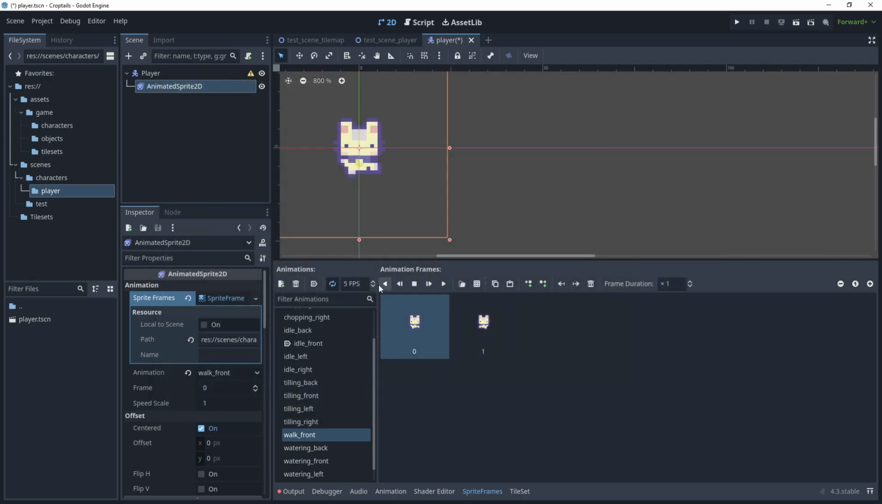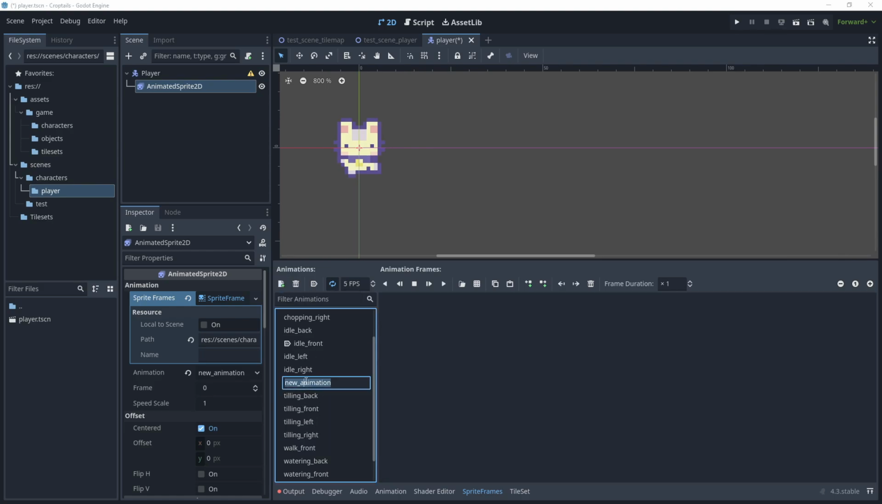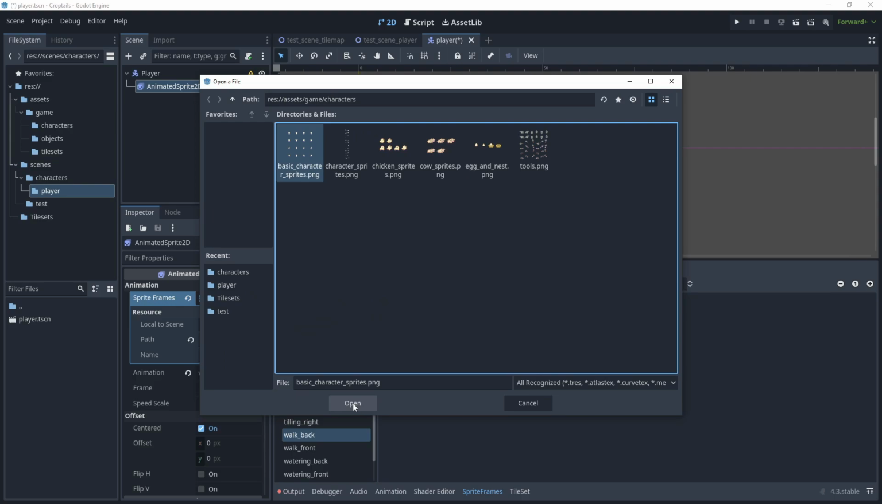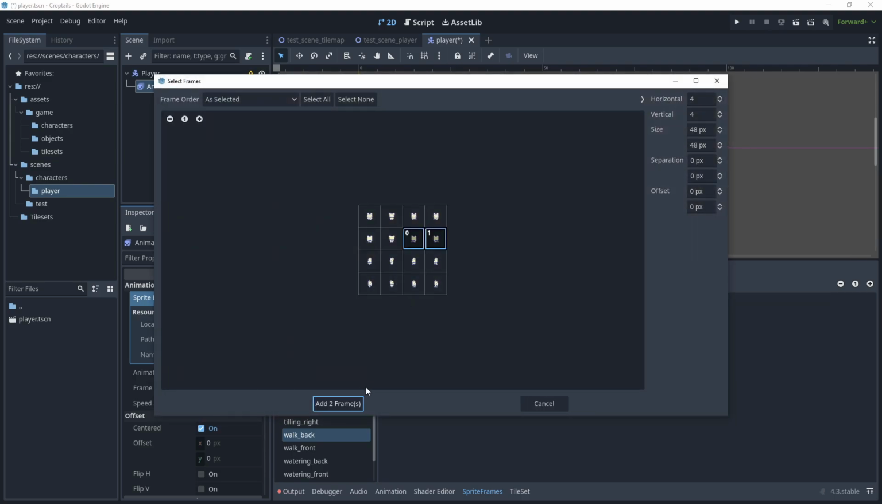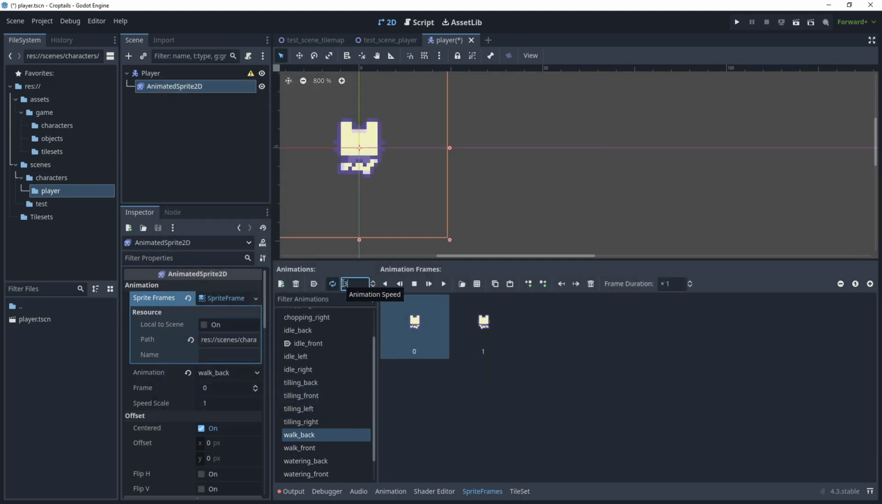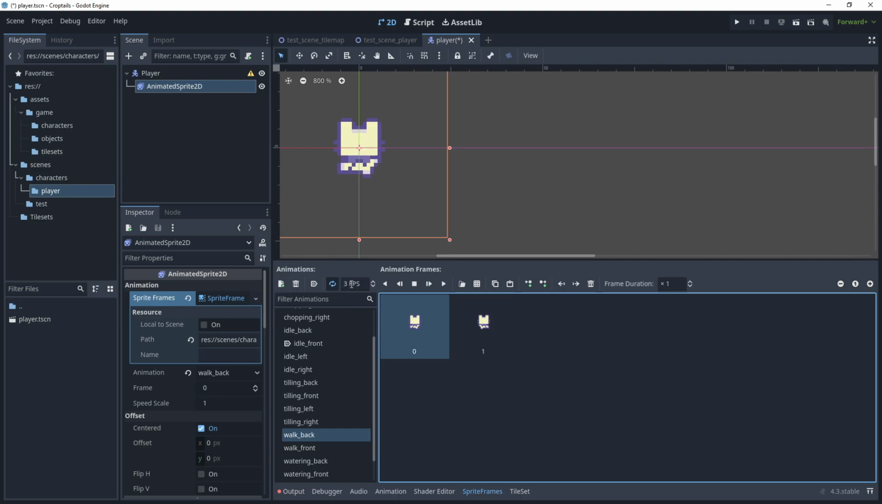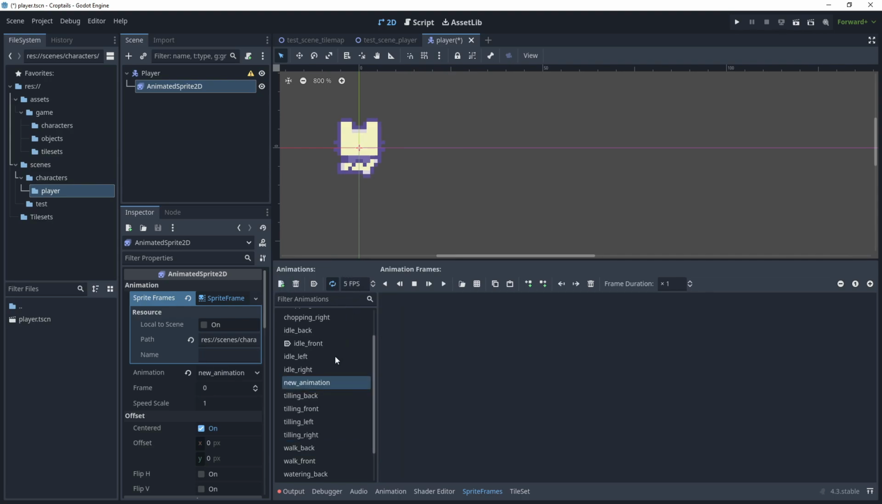So add those 2 frames, 3 frames per second, add new animation, walk back, add frames, basic character sprites and open, and then choose those 2 sprites. Change that to 3 frames per second, and then add another animation. Walk left,